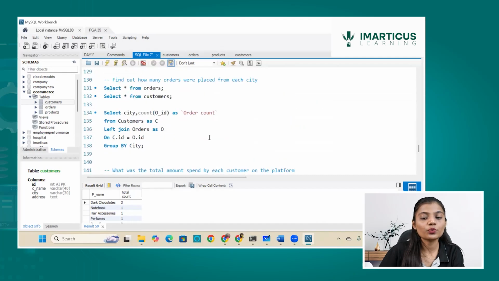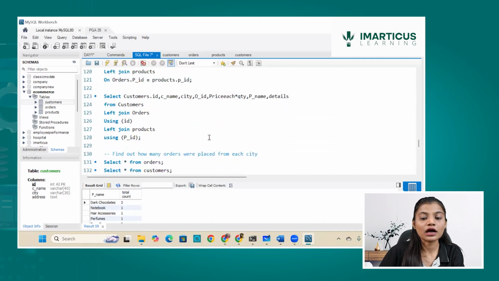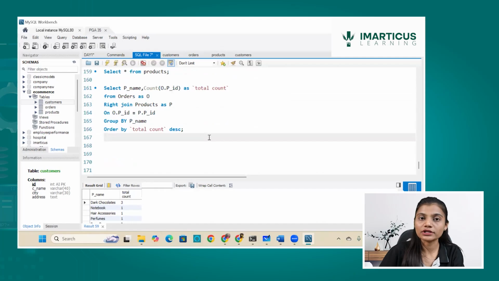So this is how we can use our inner join, left join, right join in order to solve those queries and get the particular result set with respect to the statements which are being provided. So this was the simplistic approach and the use case of writing joins and getting the reports from the query and from the data which is stored within the database.